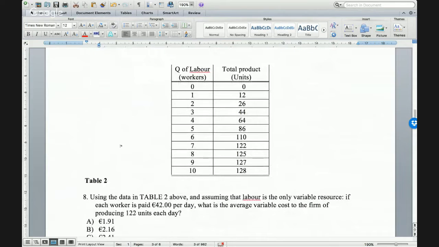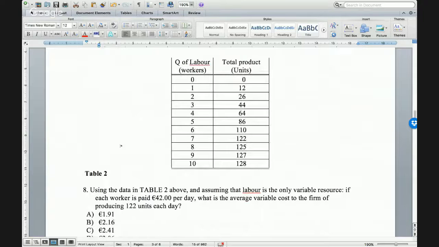Okay, question 8. Looking at this table. Don't be put off by tables like this. They can be quite okay. So you have quantity of labor and your total product. Total product is also known as output. So using the data in table 2 above,